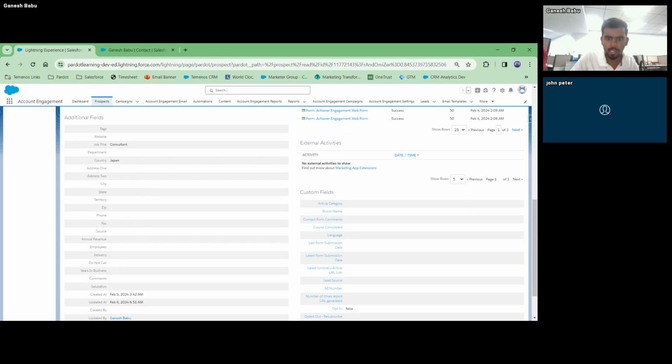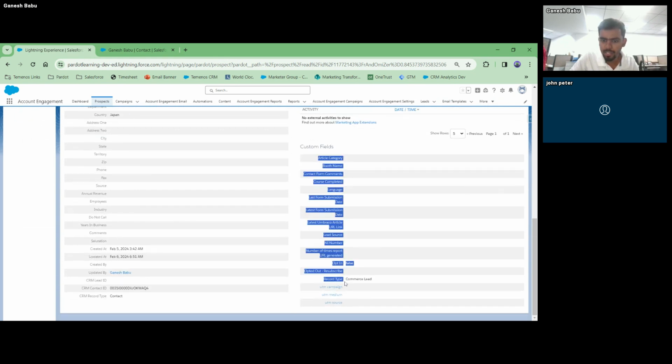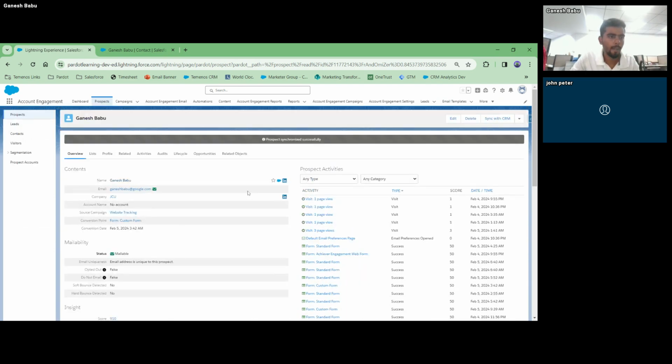All the standard fields, and here we can create the custom fields and make a sync with the CRM, right? And this is with respect to prospects. And if I go to segmentation, like automations,